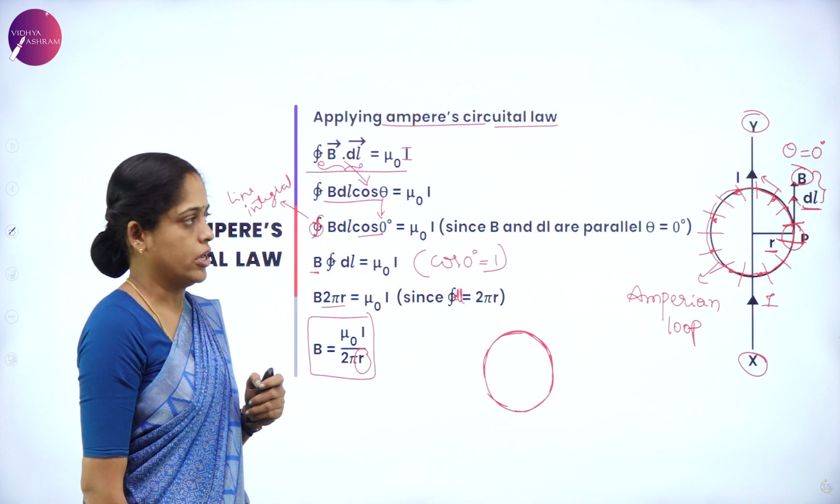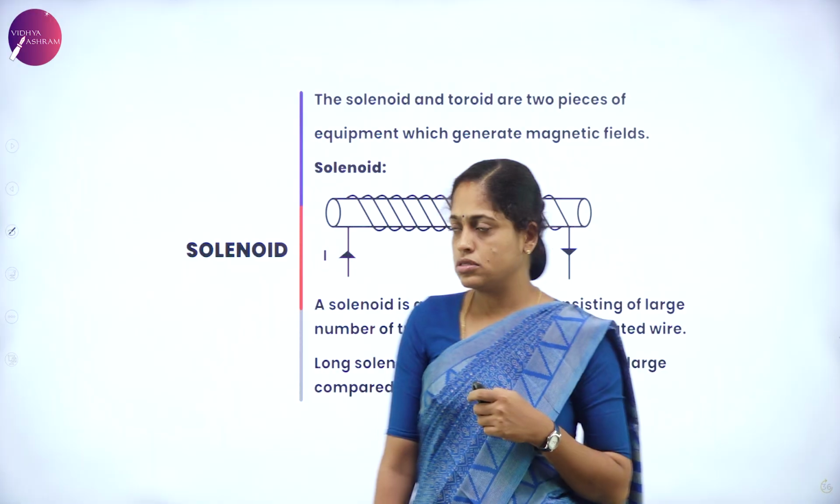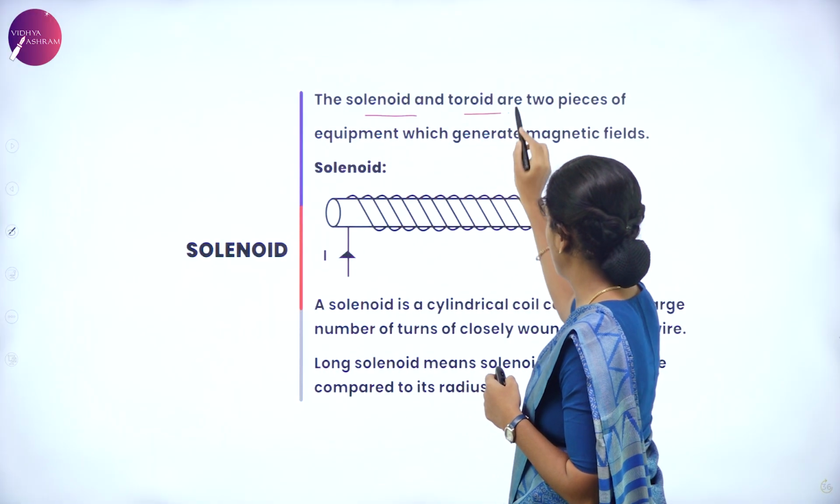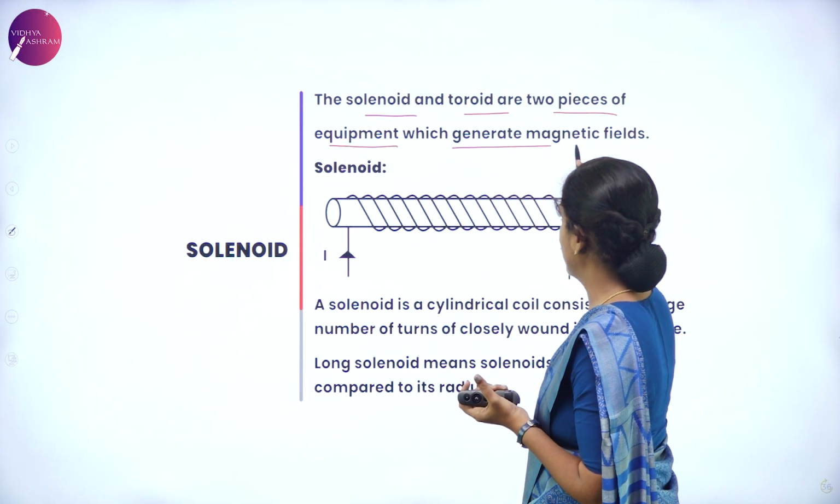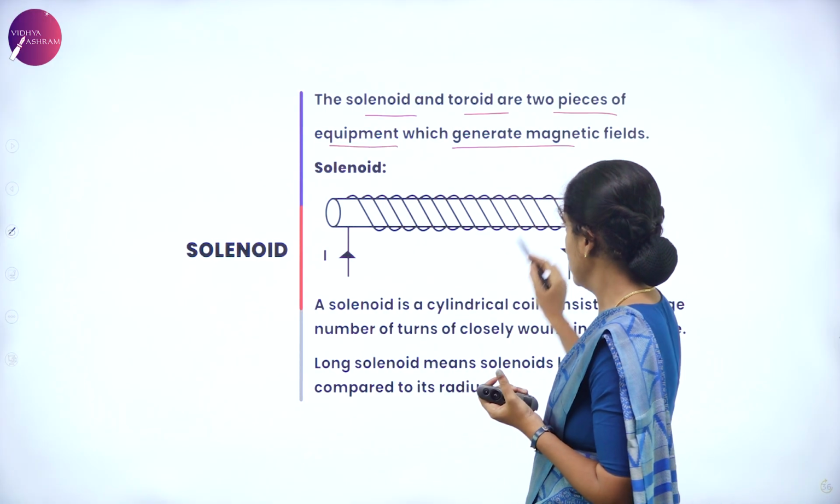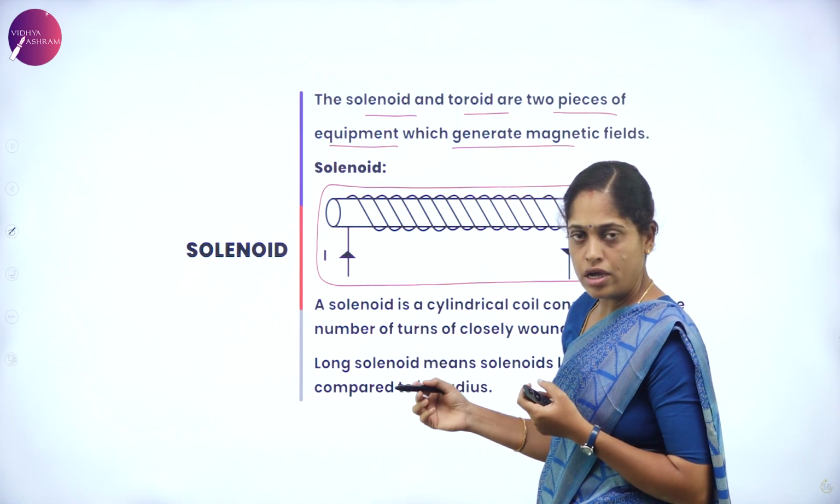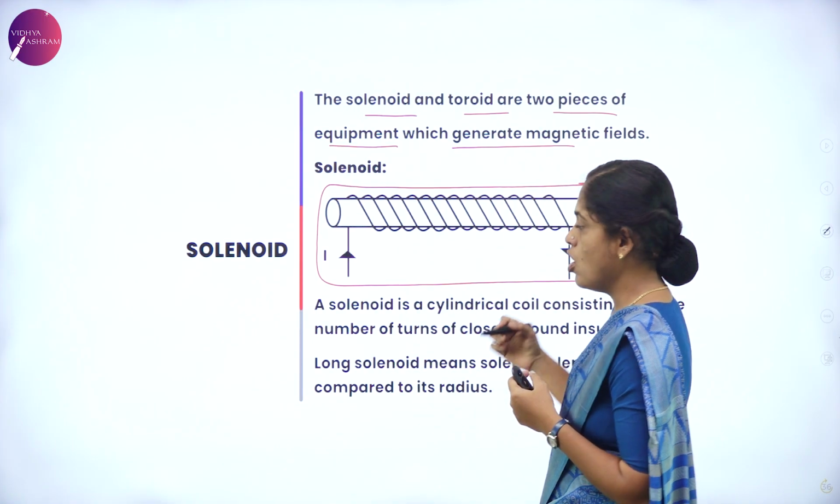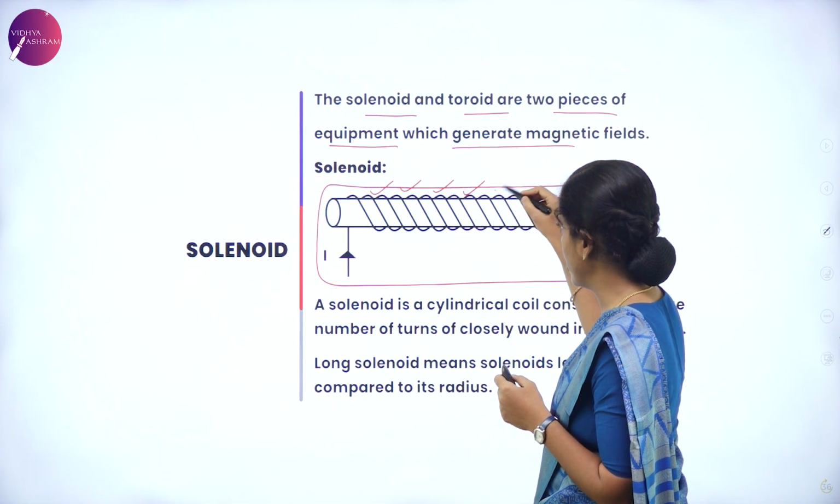magnetic field. Yes. Next, let us know what a solenoid is. Solenoid and toroid are two pieces of equipment which generate magnetic field. This is the picture of a solenoid. You can observe here we have a material on which we have a number of turns of coil,